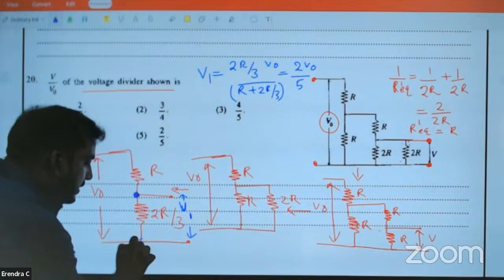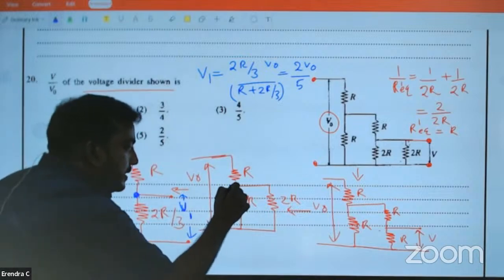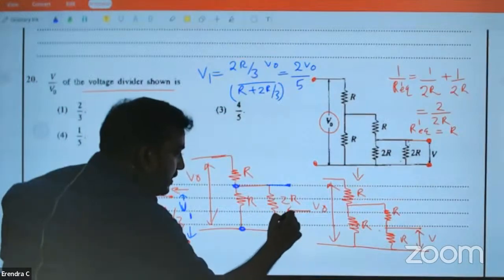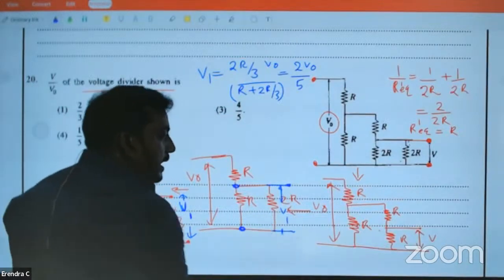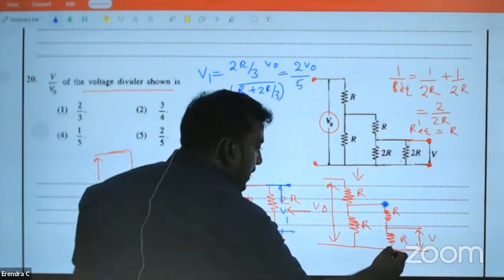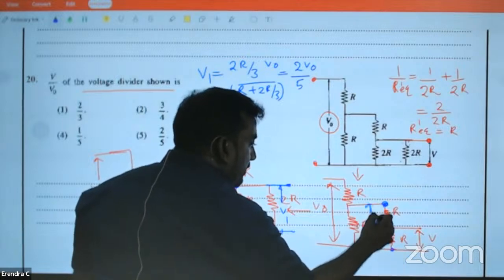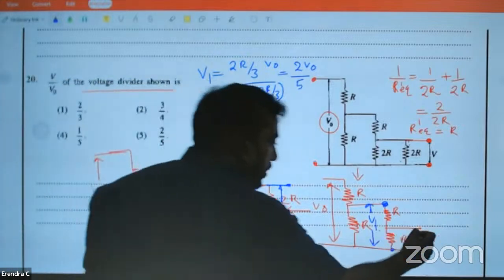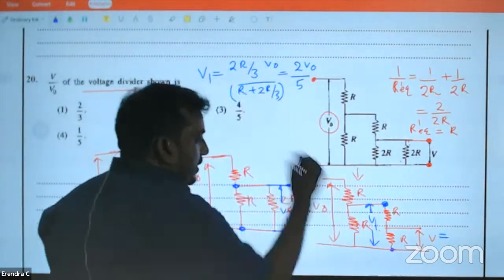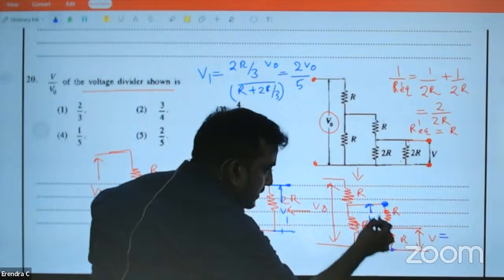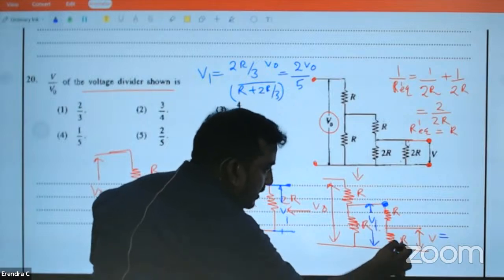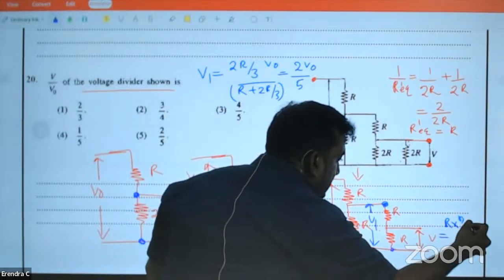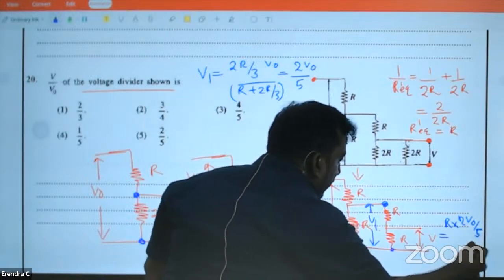This terminal, V1. That means that terminal, V1. Again, this terminal, V1. How do you find this voltage? Just like the earlier one. Resistor into total voltage in the branch. R times V1, V1 is 2V0 divided by 5,